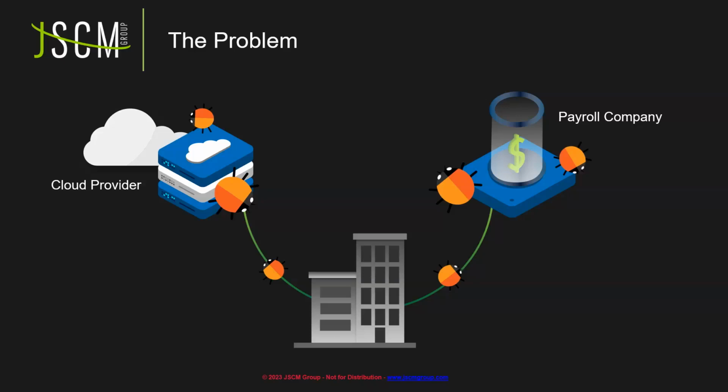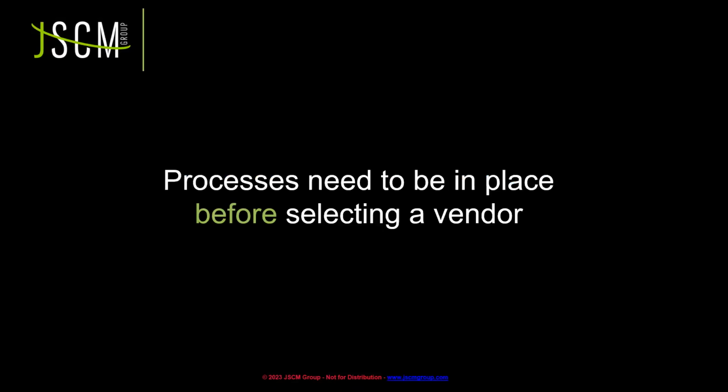So we need to be able to fix this problem by having processes in place before we even select the vendor. Now, again, you're going to have vendors that are already in place, and you might already have some in your head going, oh, wait, I don't know if they're doing it right. You may be sitting there thinking there could be a lot of stuff in use that I have no clue about. And we can't change the past. We can't go back in time. So we have to figure out how we're going to fix it moving forward.